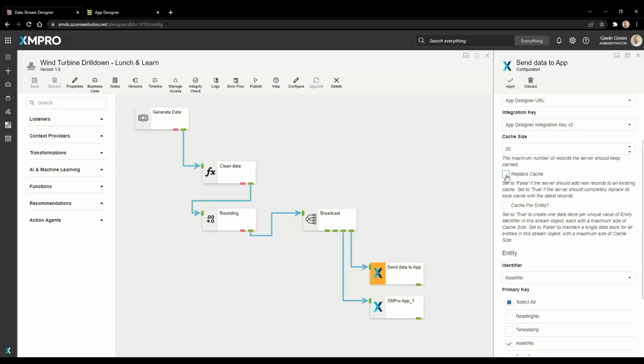What that does is, if my cache size is 20 and I have 21 items coming through my payload, by the time it gets here, it's going to drop off the first one and add a new one at the back. And it's going to keep doing that as the data is coming through the data stream and being made available. If I tell it replace cache, what that does